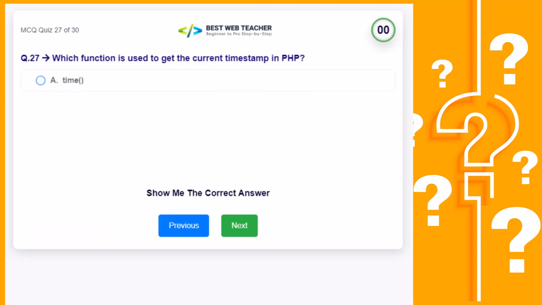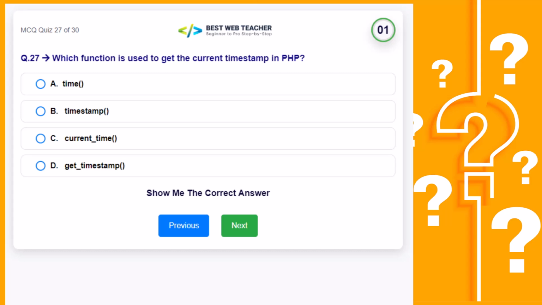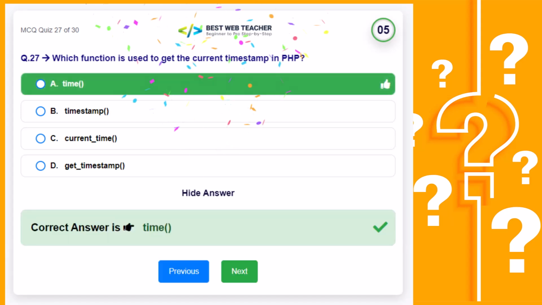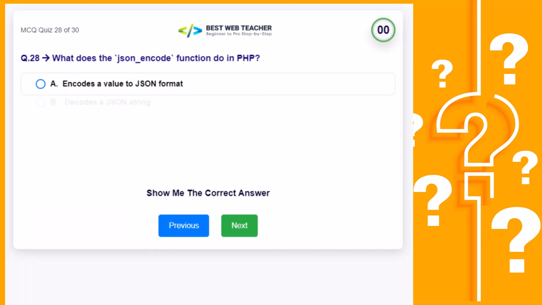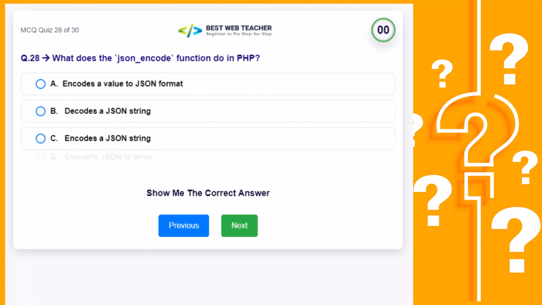Which function is used to get the current timestamp in PHP? Correct answer is What does the json_encode function do in PHP? Correct answer is